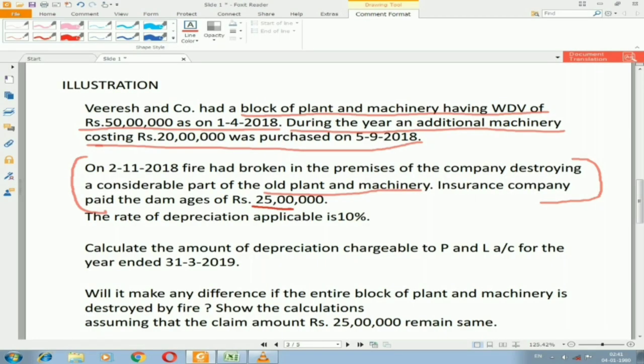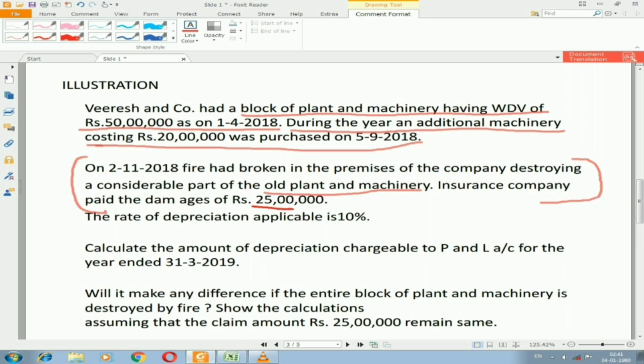So when we are taking any sale of asset, we usually take an amount. So I can say that that particular amount is an income. Usually if we are selling any particular asset, by selling it we get some income, that is money. Here also they have given some income, but they have not sold an asset. Some part of the plant and machinery is destroyed. For that they have done insurance. From that insurance company they are getting some money. This is also an income that we are supposed to consider. So that is the reason this damages money, that is rupees 25 lakh, I am considering as an income